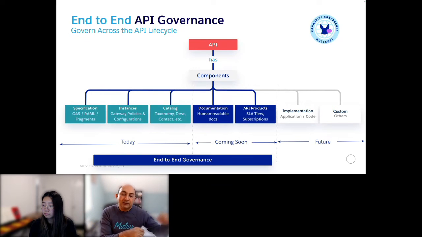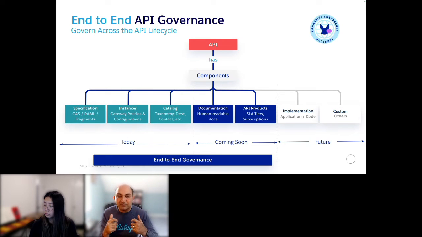So all the way from not only defining the design specs, but also now as the API is cataloged, you can then figure out what the APIs are and whether they conform to your rules, and then also look at instance. For example, you can say, this is my best practice, that the API should be adhering to this set of policies. But the challenge then is, I have almost 100 APIs which already have instances in API Manager. How do I know whether those actually conform? So we provided a capability so that your instances can also be governed,